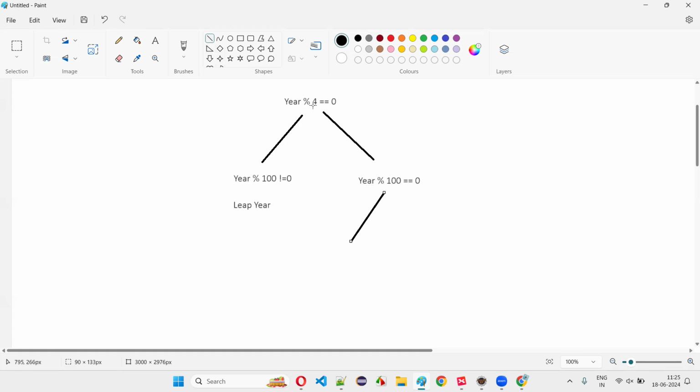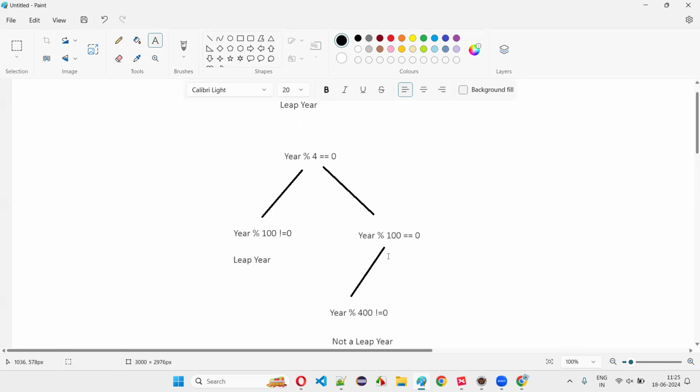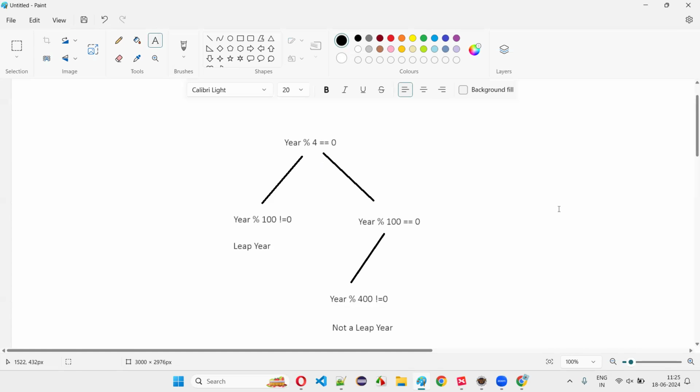What if this particular year, divided by 4 giving remainder 0 and divided by 100 giving remainder 0, when divided by 400 is not giving the remainder as 0? In this case, it is not a leap year. This is a case where we have to confirm that it is not a leap year. Okay. Then,